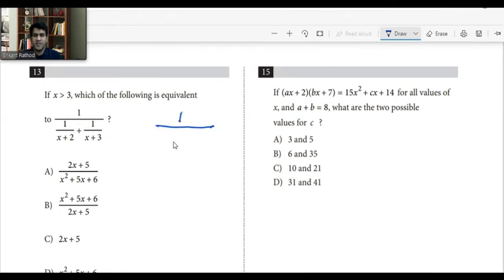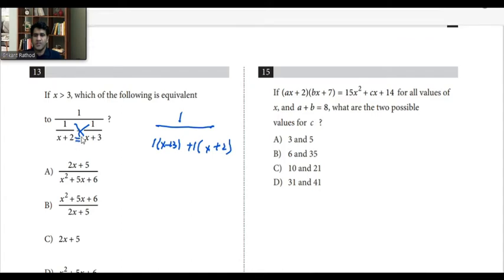This will be further written as 1 over 1 times x plus 3 plus 1 times x plus 2. First, let's simplify the denominator, because for simplifying the denominator, we have to do the cross multiplication and multiply each other to make a common denominator, divided by x plus 2 times x plus 3. So simplified further, 1 over x plus 3 plus x plus 2, this can be written as 2x plus 5,